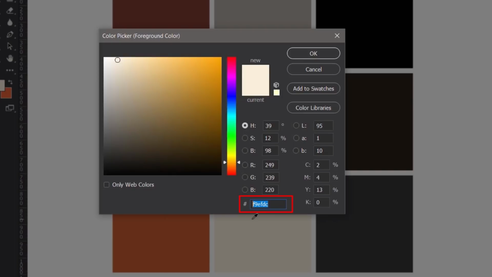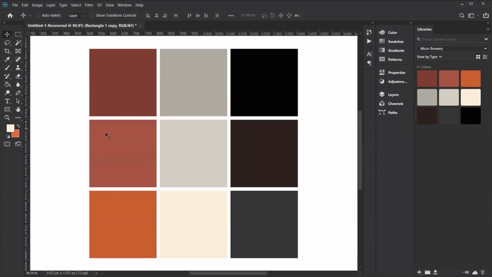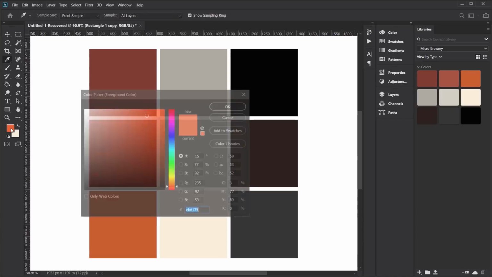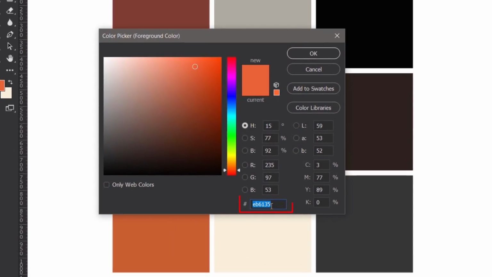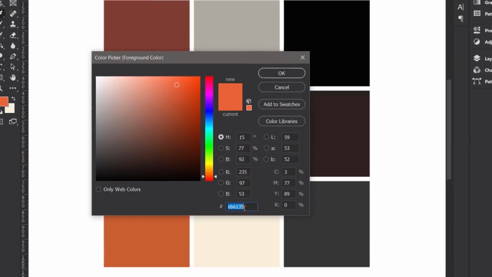There's usually 6 letters and numbers that make up that hexadecimal value preceded by the hash symbol. So when you want to transfer these over into a tool like Elementor Pro, that's basically all you're going to copy over. That's the reference for this specific color. So you'll see if we choose a different color, we'll choose this orangey kind of color, to switch those around, you can see we now get a set of different values. So all you need to do is make sure you've got those and then we can transition those over into